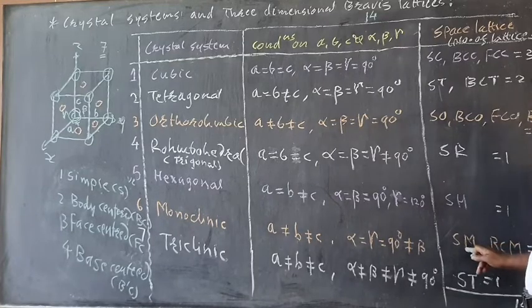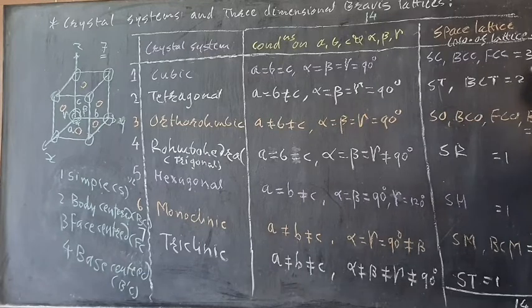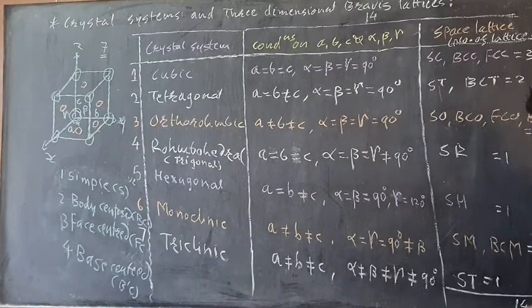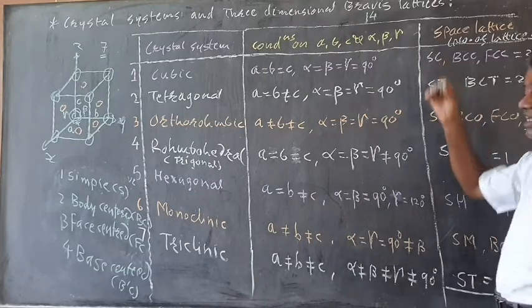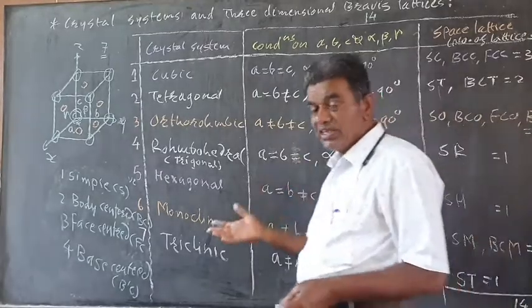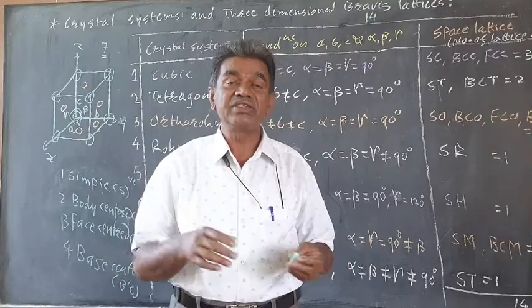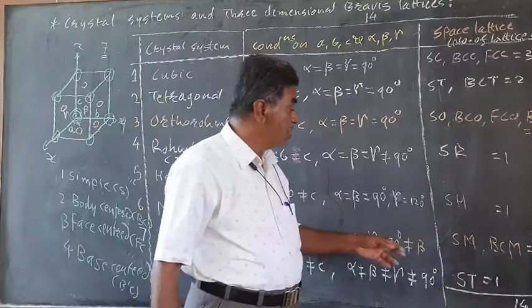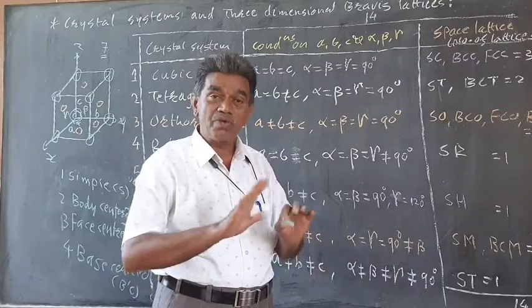In the monoclinic case, we are getting 2 cases, simple monoclinic and body centered monoclinic. So these are the types. In all, there are 3, 2, 4, 1, 1, 2, 1. We are getting a total of 14. So there are 14 Bravais lattices in the 3-dimensional case. It means we can arrange an infinite number of points in 3 dimensions in only 14 ways, which leads to the definition of the space lattice, and not more than that.